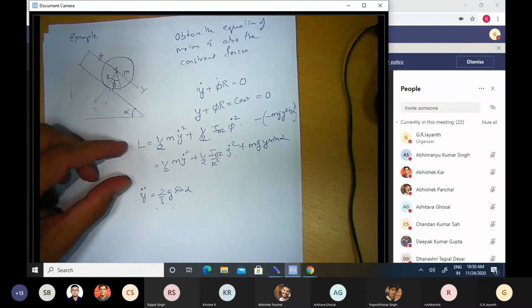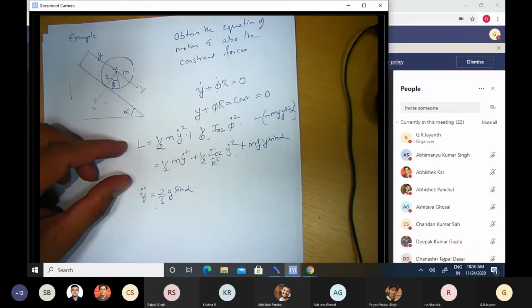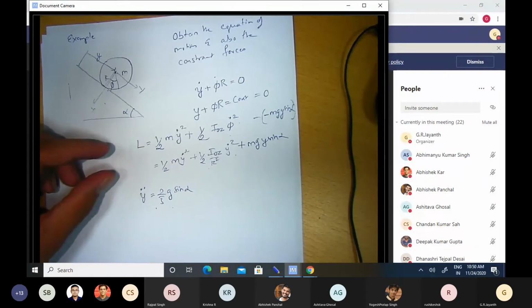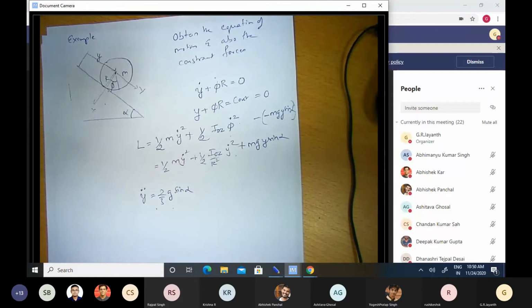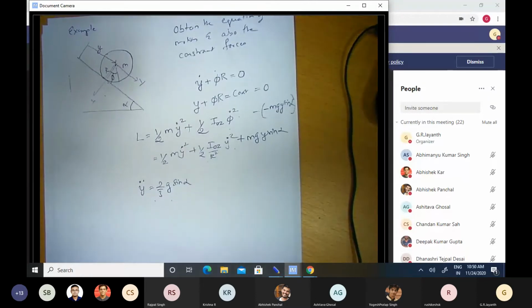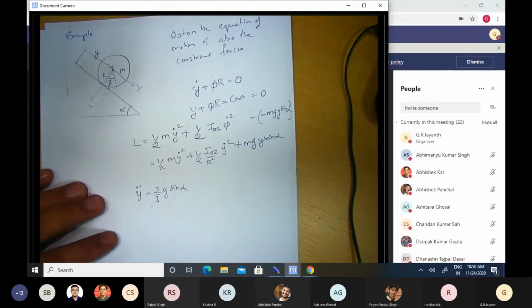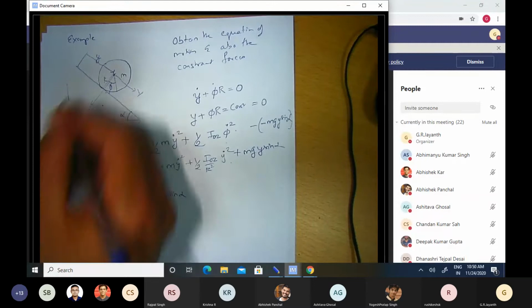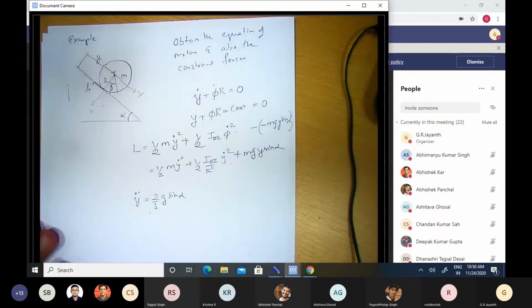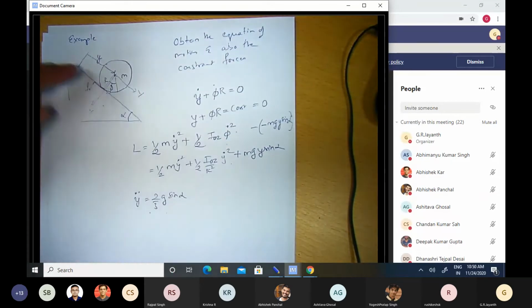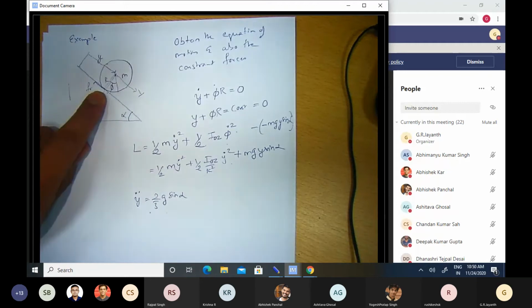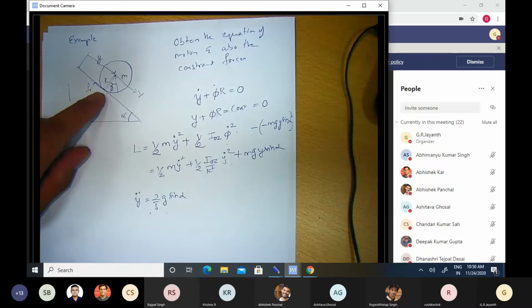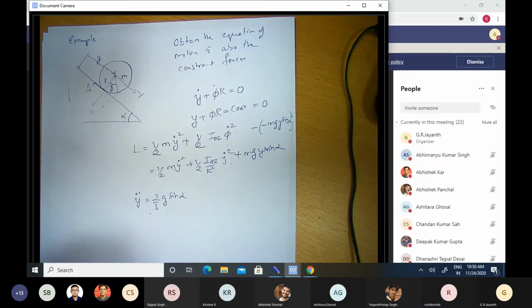What is not obvious, or sometimes is, is the physics of the problem. So I shall therefore work out the Lagrangian and the constraints, if there are any, and subsequently write down the equation of motion directly. Likewise, the second part of this problem, if you are asked to obtain the constraint forces, what constraint forces are there here? There is a frictional force, which results in rotation, which ensures rolling motion, which ensures that the point of contact is instantaneously at rest.